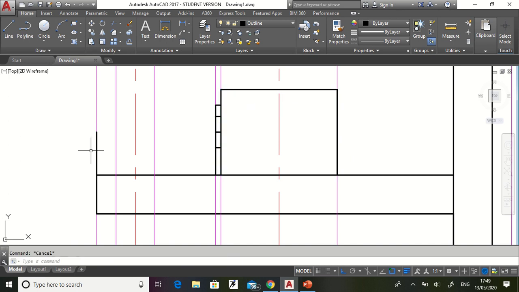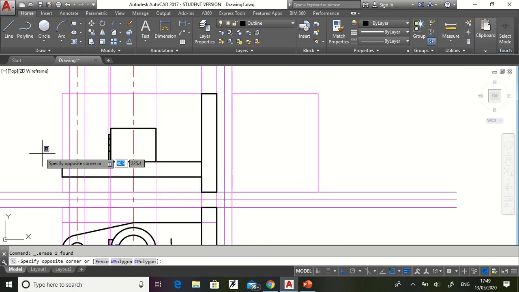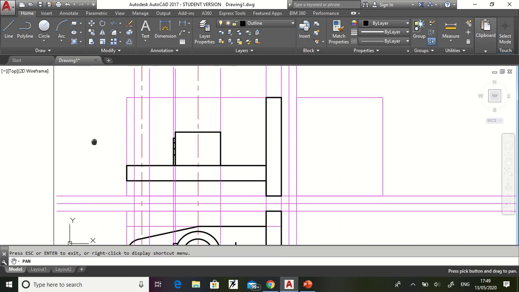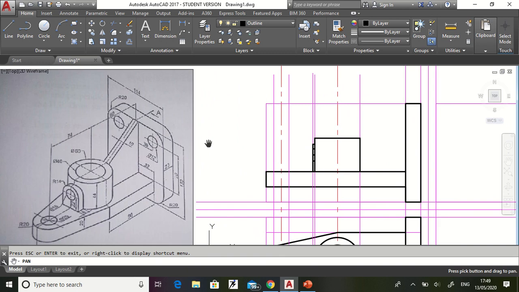Now what we are doing here is, first we will draw the basic orthographic projection, and then we will think of the section part. So we are basically drawing the orthographic projection like this, and then we will go for the sectional part.